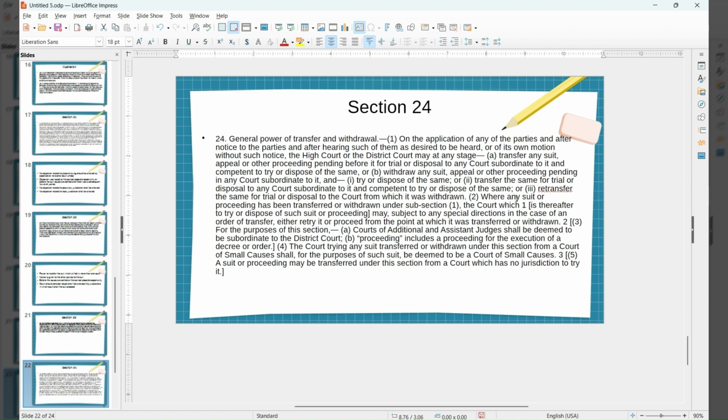Where any suit or proceeding has been transferred or withdrawn under subsection 1,